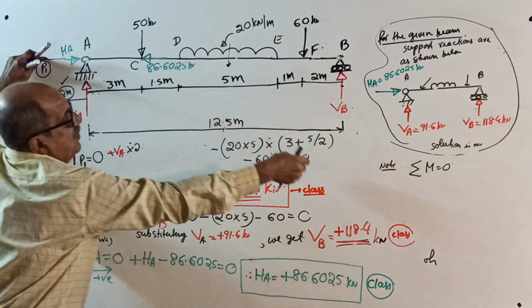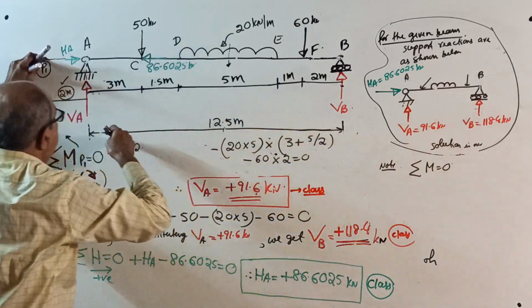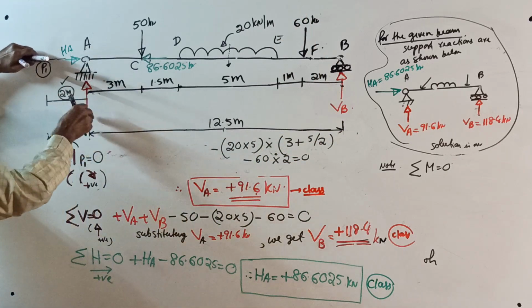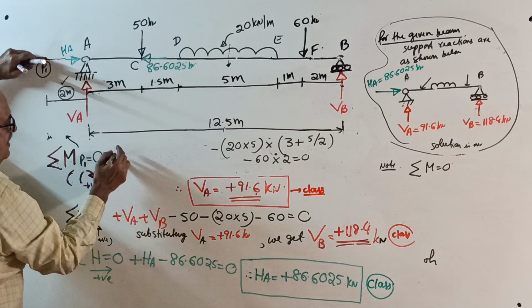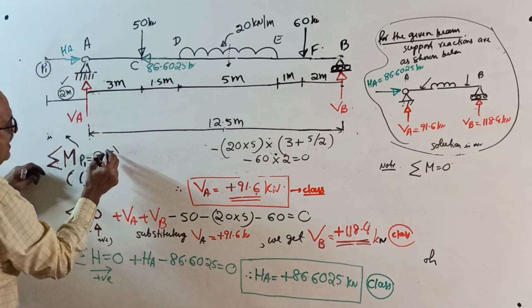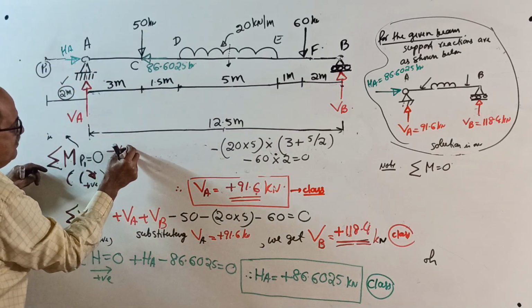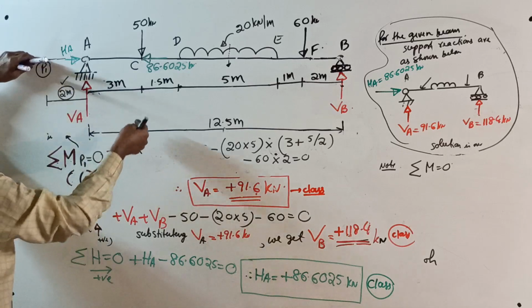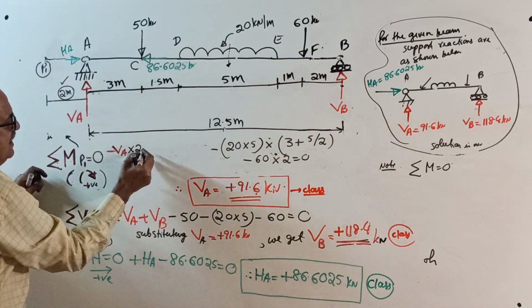Then VB into 12.5, not plus actually, it is anti-clockwise. See, when you take moment about P1, clockwise positive, anti-clockwise negative. So it is minus VA into 2, again minus VB into